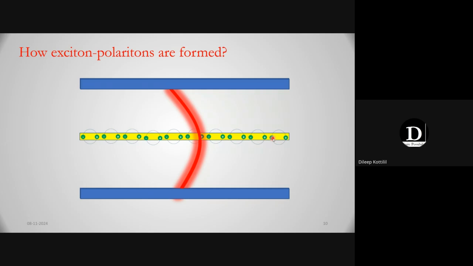So, but usually people say that half light, half matter particles for this, for some reason. Yeah. So in this case, again, coming back to the scenario of how to form these exciton-polaritons, the necessary condition for a system to satisfy, to create or to form exciton-polaritons is to have something called strong coupling. So strong coupling means